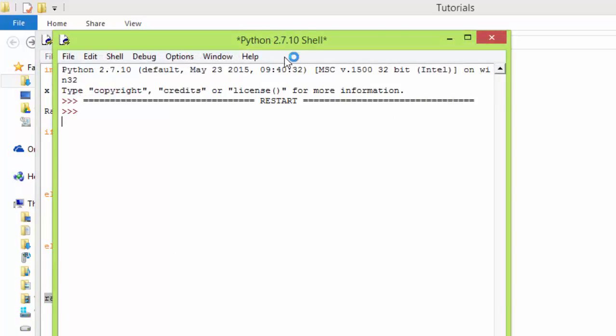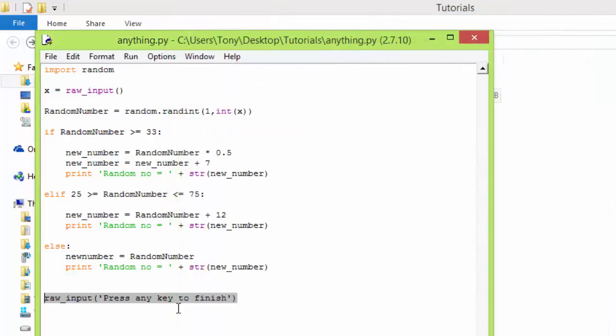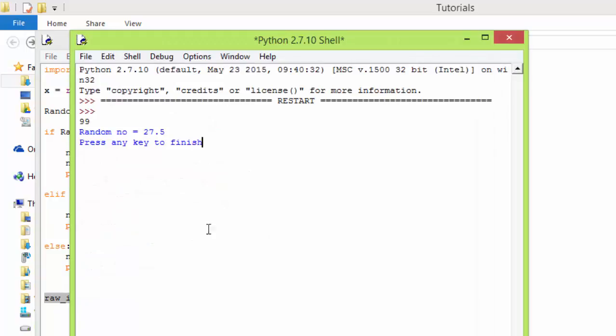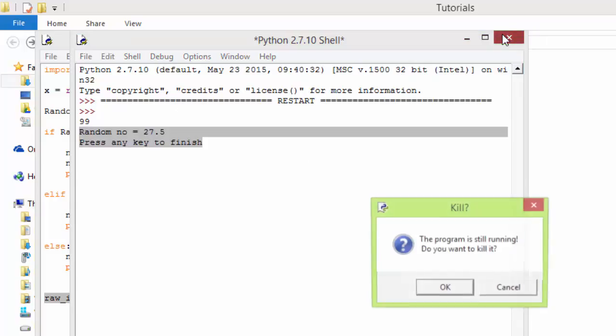So if we go into here, put your raw input in as 23, there you go, your random number equals 20. Press it again, 99. Sometimes you're going to get half numbers. Not 100% how to get around that in a minute, because